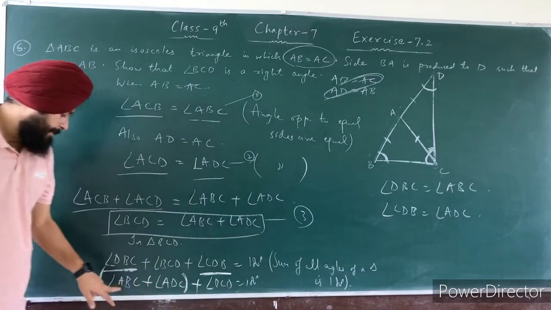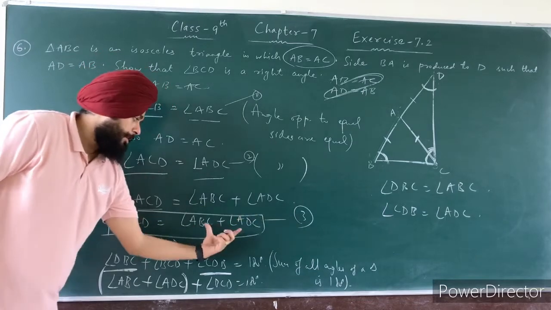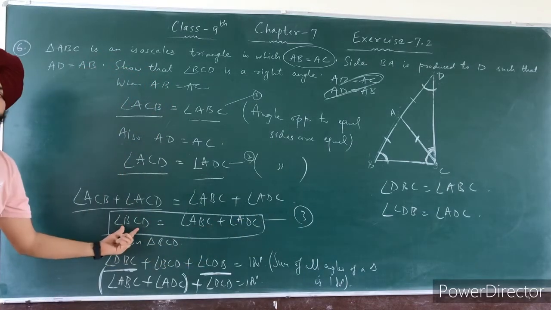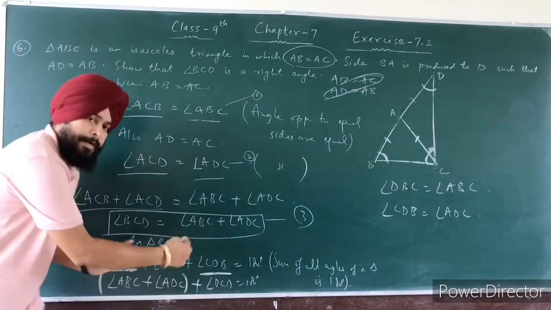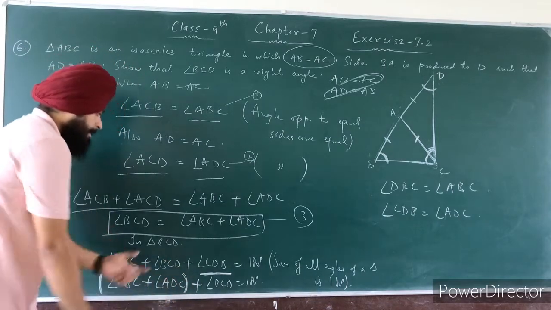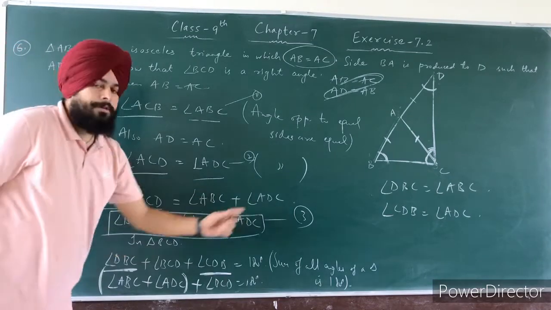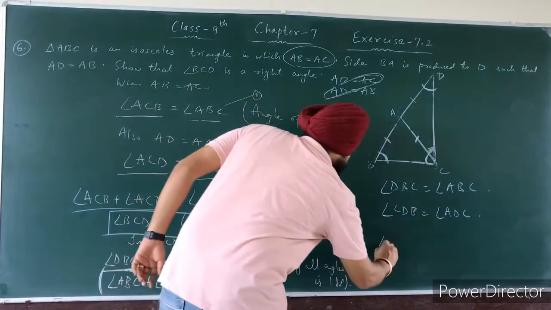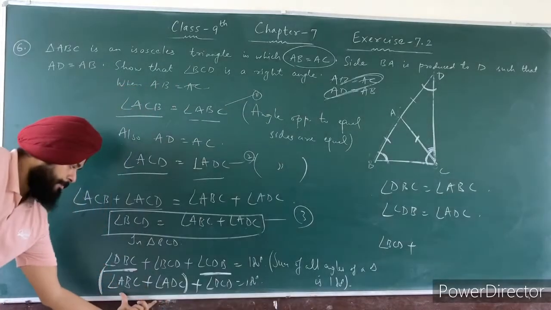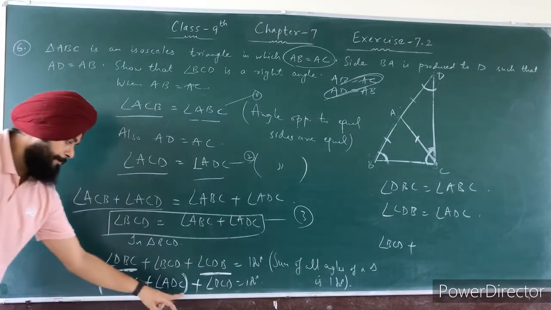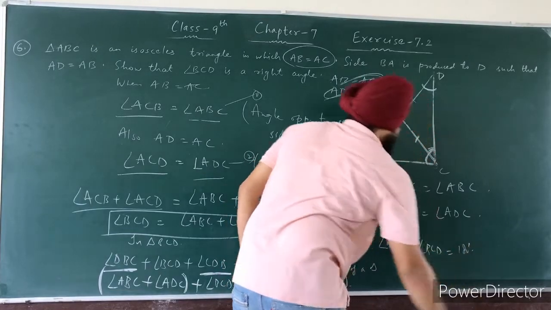Now take these two angles combined. दोनों एंगल्स को कंबाइन करके चेक करो, angle ABC plus angle ADC. From equation number 3 you can write both of these angles as angle BCD. ठीक है, जो ऊपर इक्वेशन से लिखी है. When you combine both angles, it equals angle BCD from equation number 3. So the sum of these two angles is angle BCD, plus angle BCD again, is equal to what? 180 degrees.